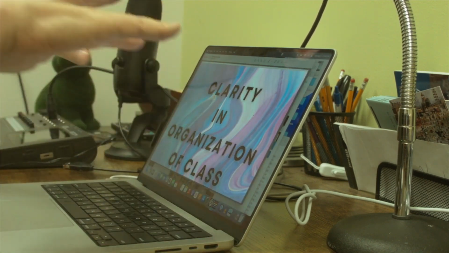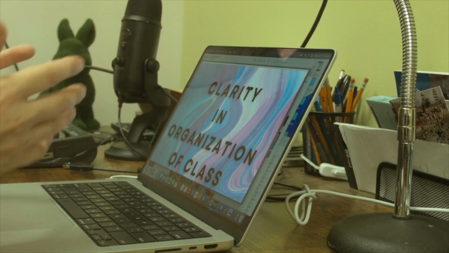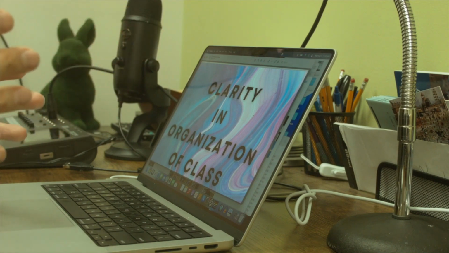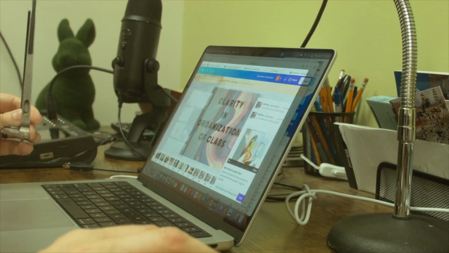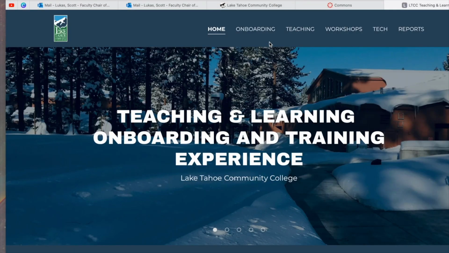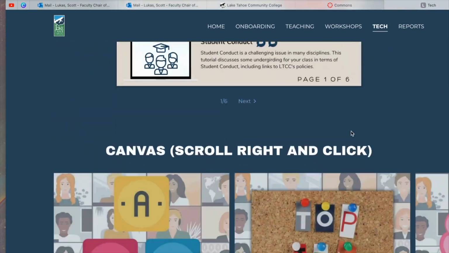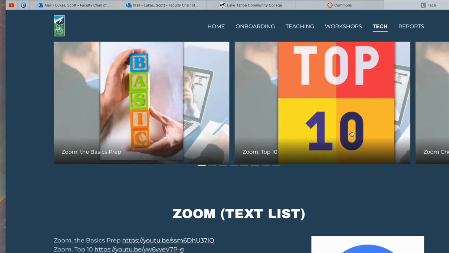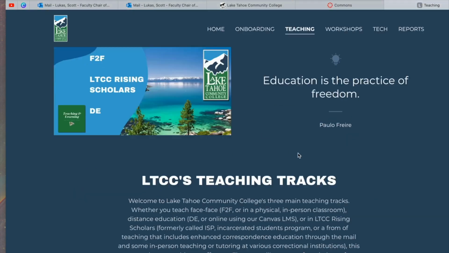These are very general, but they all have their offshoots or very specific areas of concern. If you want more information, if you want to learn about how to apply some of these in your class, and you want to find that specific information, reach out to me, or as I mentioned, go to ltccteachingandlearning.com, click on the various areas. I recommend for this two tabs, technology. This will teach you about general technological approaches, about Canvas, about Zoom and how you can use Zoom effectively in your class. And then also click on teaching and specifically scroll down.